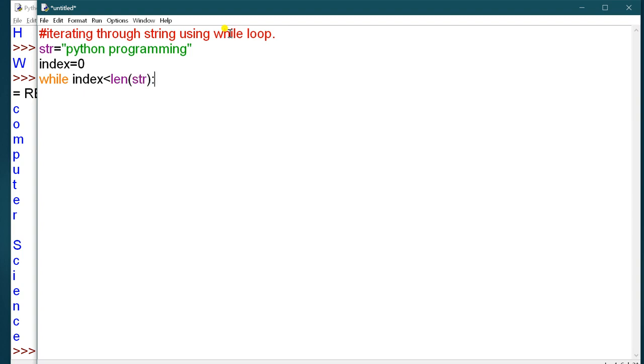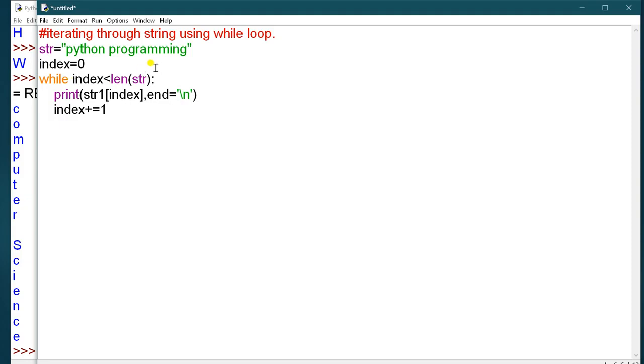Why have I written this? Because in a while loop you have to give a condition so that your loop will not go infinite. Then you have to print str[index], with end equal to \n. Then increase the value of index by 1: index += 1.